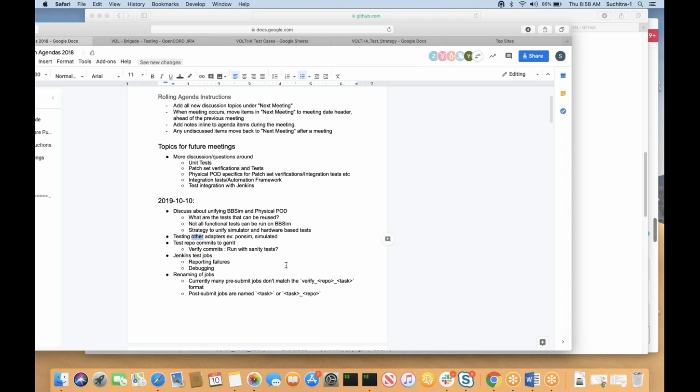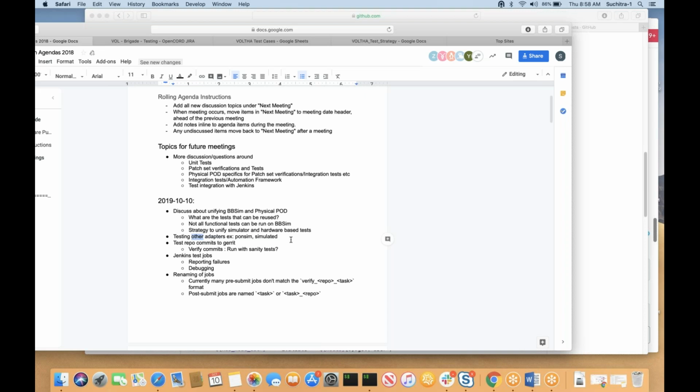Yeah, so I think we want to de-emphasize or deprioritize PONSIM going forward. It's only if there is someone like ADTRAN, for example, who might want to do things with the ADTRAN adapter on ADTRAN hardware, then we can consider expanding the test cases for that particular case. But mostly it should be sort of invisible what adapter you're using and what hardware you're using. But PONSIM specifically, I don't think we are